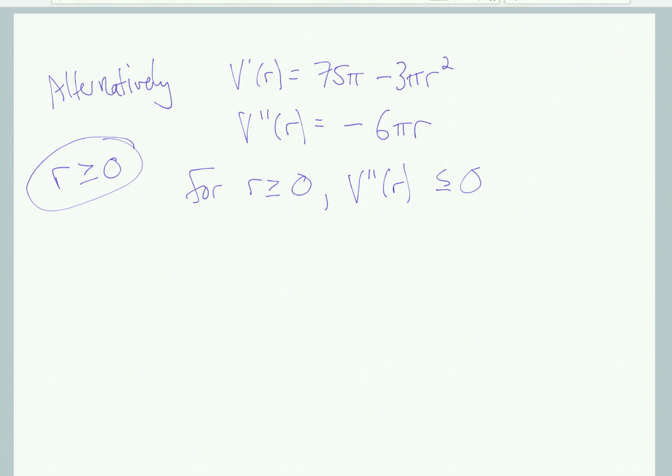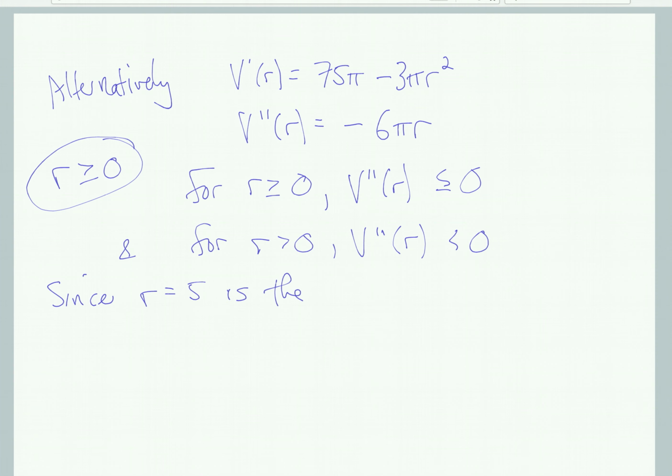And again, if you want to make an even stronger argument, if r is strictly positive, V double prime of r is strictly negative. The only way you can get 0 is if r is 0. And this means, again, that since r equals 5 is the only critical point,